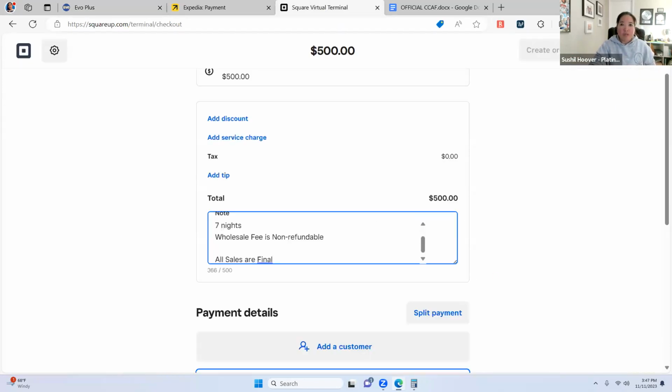Now, before you click charge, okay. By the way, with Square app, they have an app as well that you can download on your smartphone. And to use this, it's pretty easy. It's kind of like calculator. Looks like calculator. So it's easy to actually use, okay? So before you hit charge,